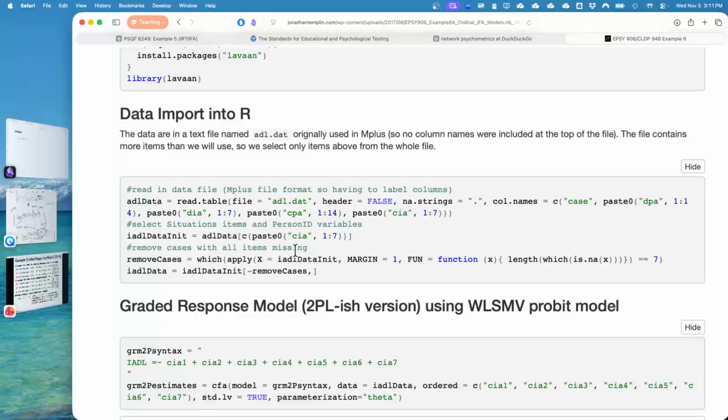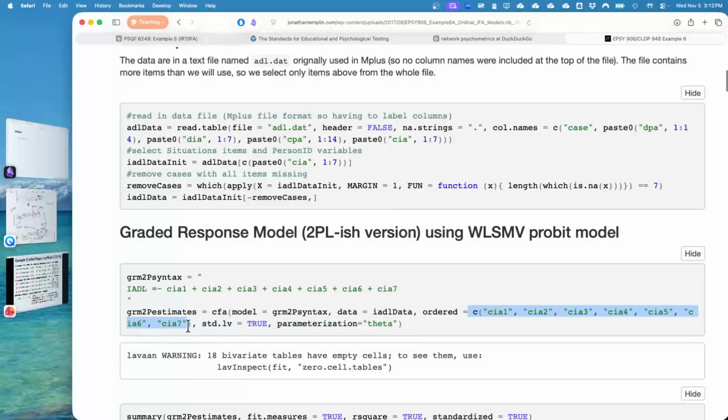I'd love for many of your scales are Likert or binary items. Am I right? Does anybody have anything other than a Likert or binary? Okay, that's good. That's what I thought. I read every one of your proposals or your list of your data. So that next one will be to apply this IRT perspective. If you have binary data, I know, Michael, you do, it would be the binary case, but the code would be the same. If you have Likert data, it would be the categorical case or the graded response case. And again, either way, ordered equals is the way it works.